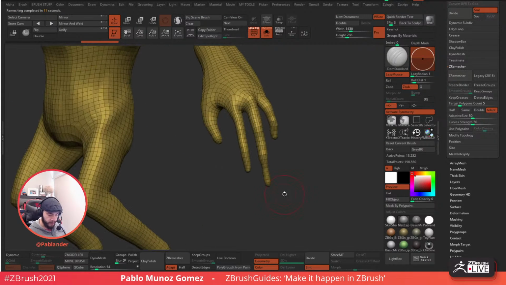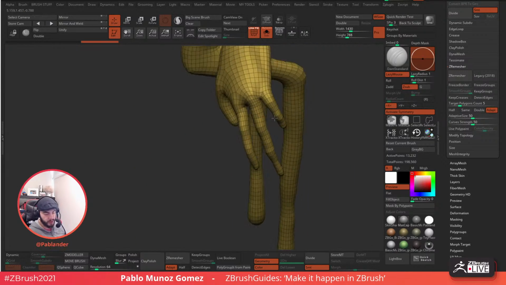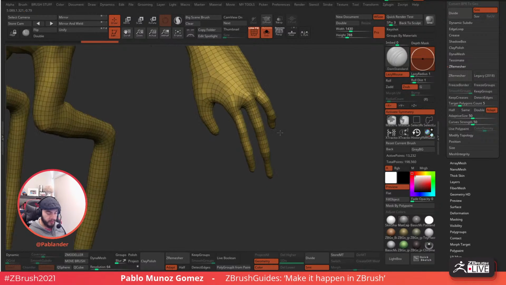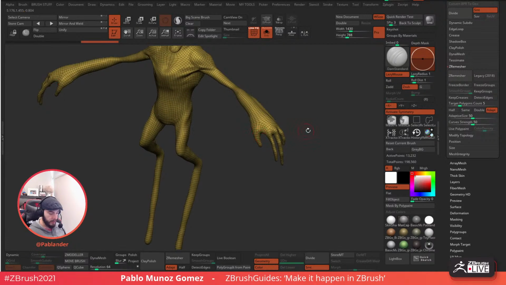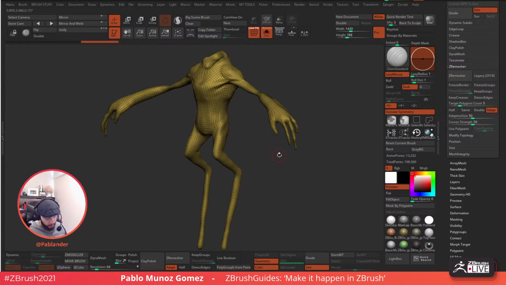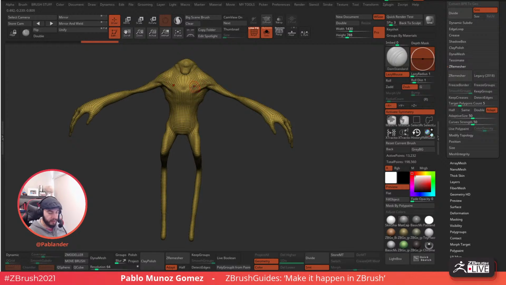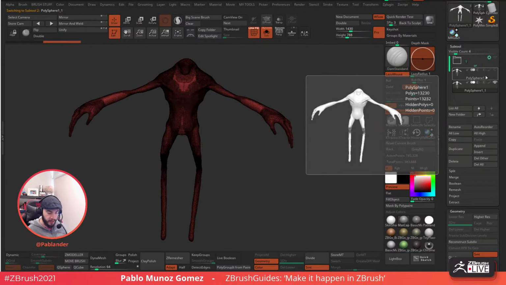All right, not too bad. If you want to have more control over how this topology gets distributed around the fingers, what you can do, either at this point or beforehand, is define some polygroups. I'm kind of happy with this. Again, it's very sketchy, and what I'm aiming to do is very sketchy anyway. Having this topology is a lot easier to add details, which is ultimately the goal for today's stream with the new brushes. So I'm happy with this, but like I said, you can have a bit more control. So I'm gonna do just another one to show you. I have the one that I like in here, and this one,